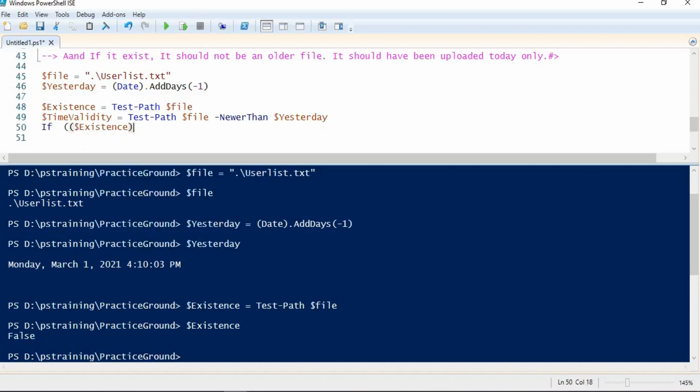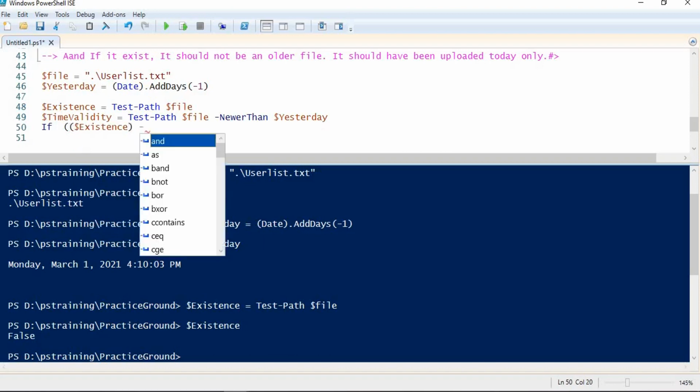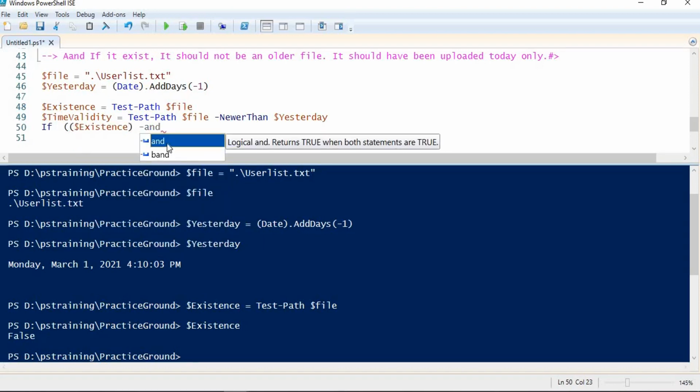I can use existence, right? And this is my logical operator, which is used to join multiple conditions to make a bigger or complex condition. In case you are not aware, please refer to my old videos. Then time validity, and here I close this bracket.